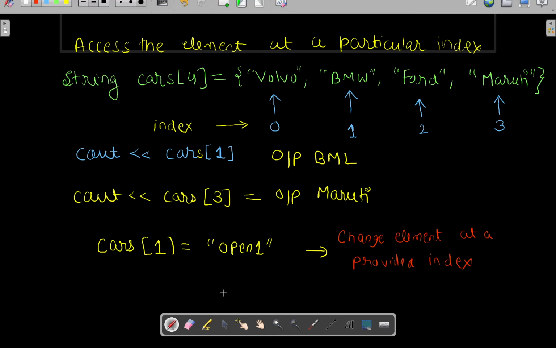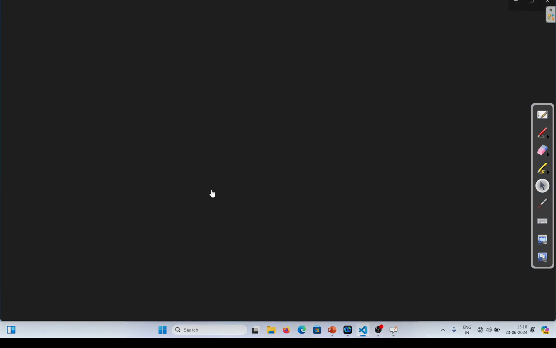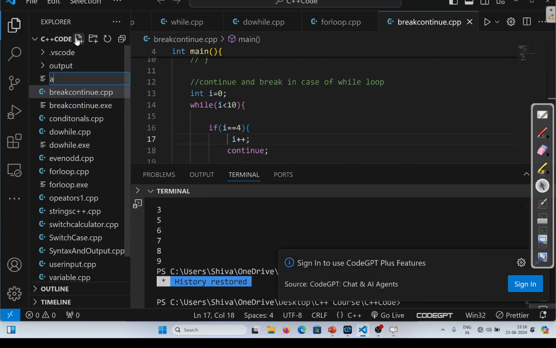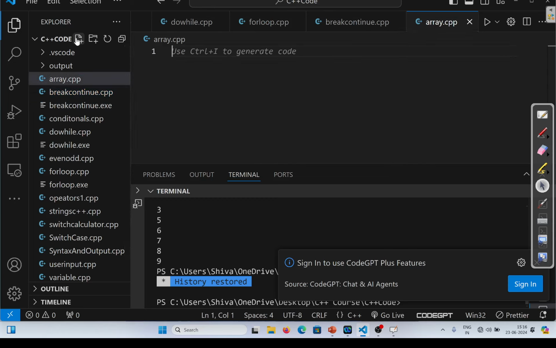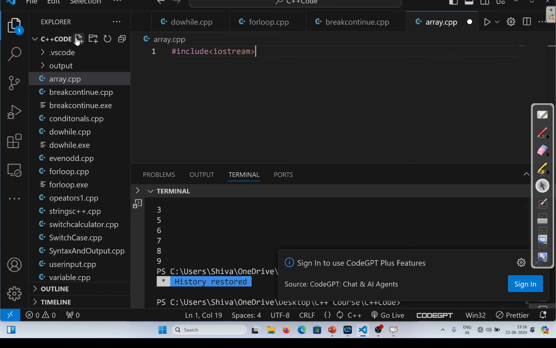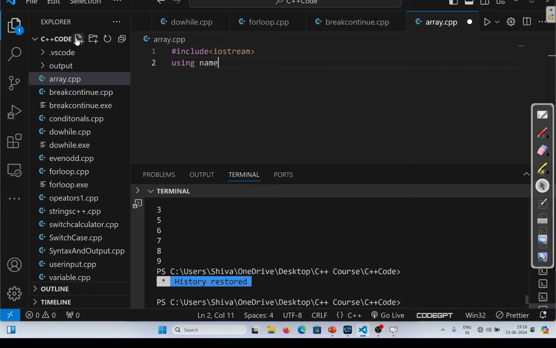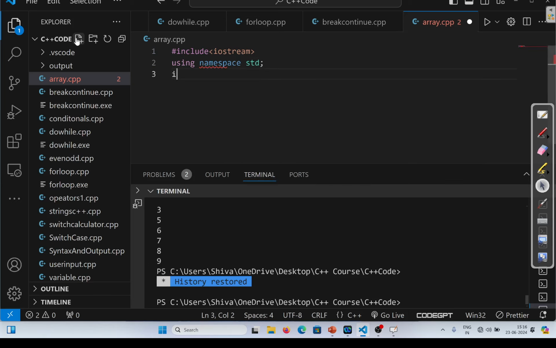Now let's create an array in VS Code, and let's try to print the elements of that array. So here I am creating a new file, array.cpp, and over here we are simply going to create an array. First I am writing a program. I'm including the header file iostream, then using namespace std, then int main,